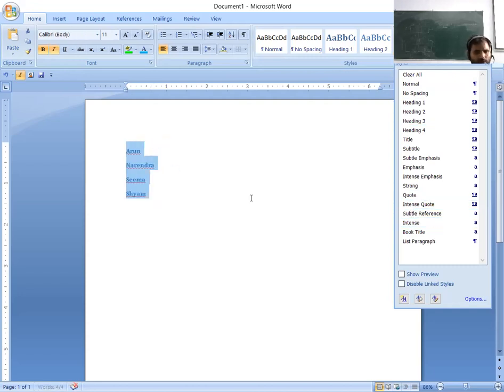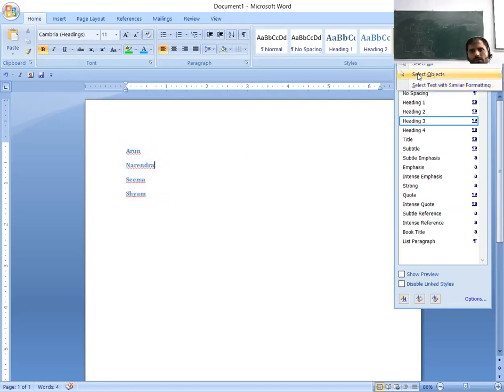Then find and select. Select all will select all the document, and select object only selects the object. Find. Go to.